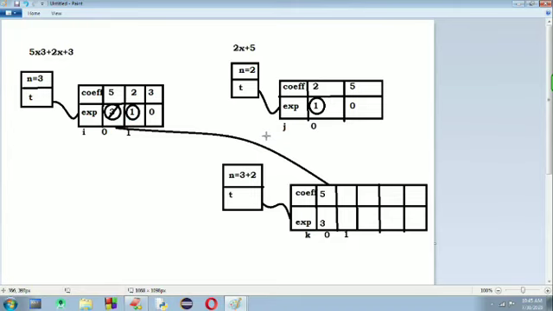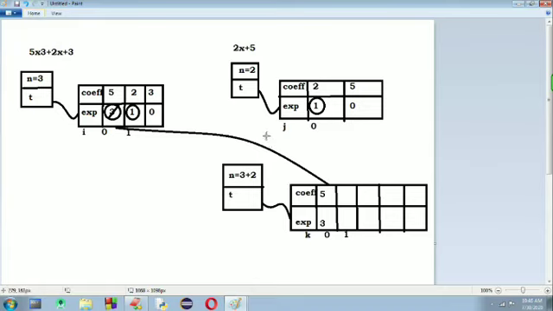When this type of situation occurs, we need to add the coefficients of the respective exponent or respective terms, and the addition will be put into the resultant polynomial.